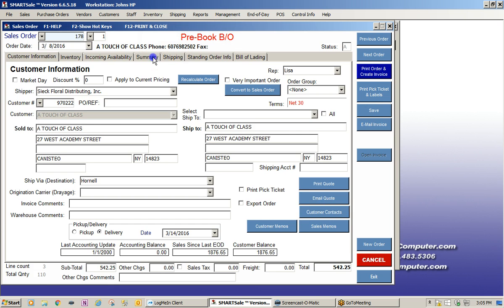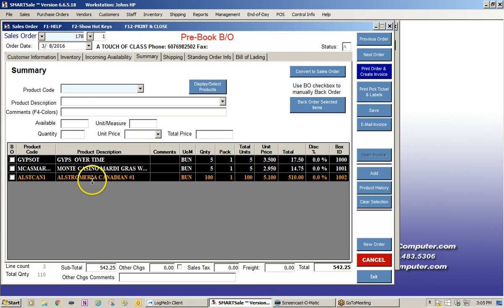It clearly defines that here. Here's my items here. They're still sitting there. If Jeff put these on order, they would automatically track with this particular pre-book. So if we went ahead and closed the 178-0 and finalized that, anything would go to this 178-1 order, would be tracked automatically in the purchase order system. So it does a lot of things behind the scenes that you're not aware of in order